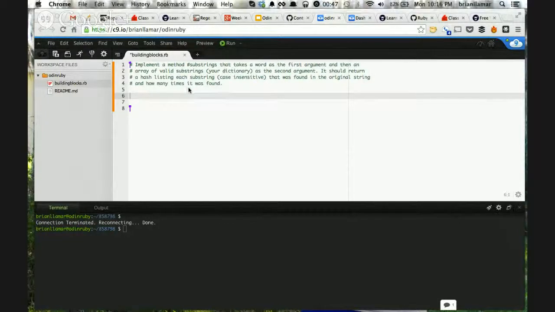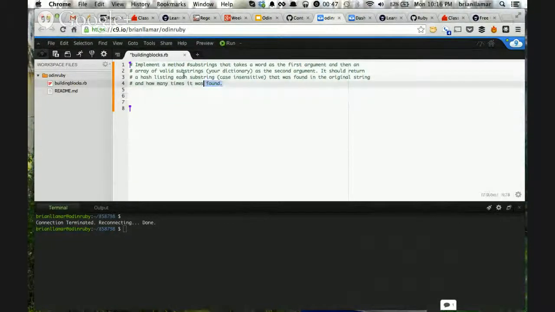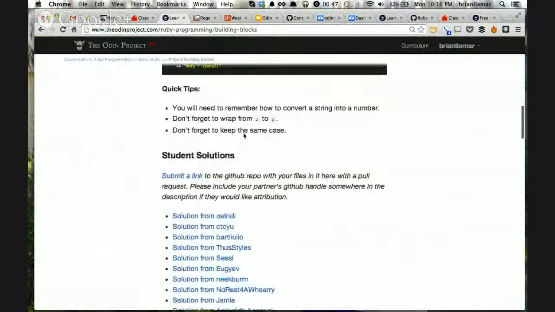What I always do with these Ruby problems is I put the question up top and go ahead and comment it out. I'm sure you guys are very familiar with that. It seems like everybody's got some experience. But if we look through the problem,